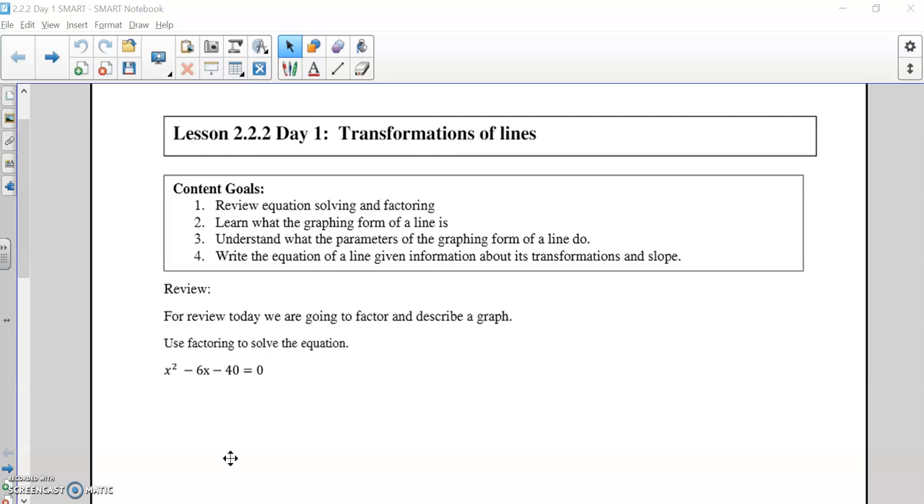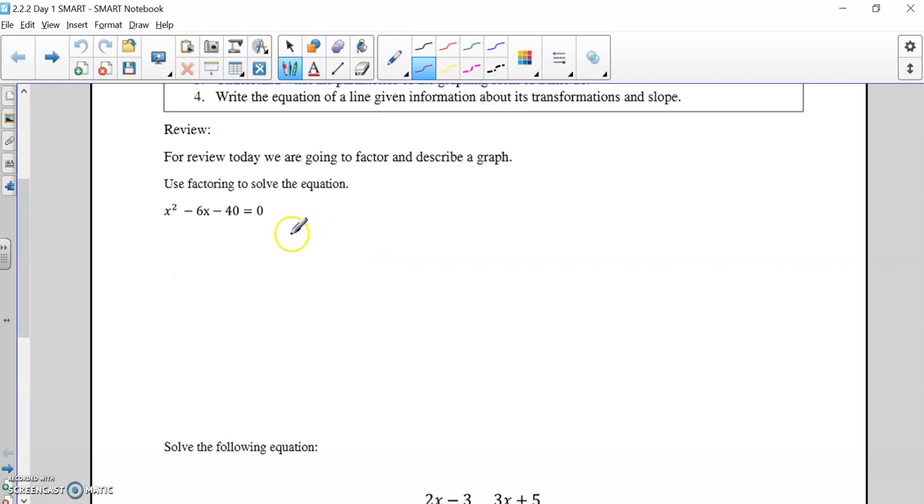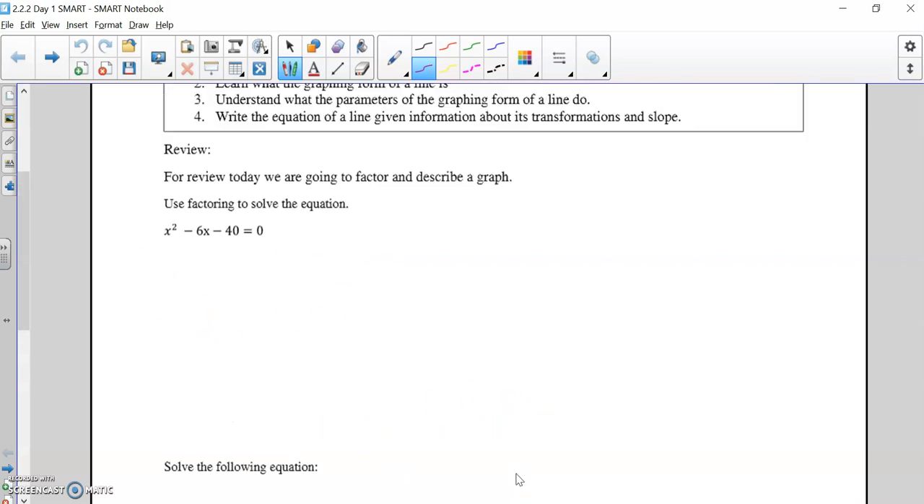Today we're going to talk about transformations of lines. So basically we've talked about transformations of every other graph, and now we are down to the most basic one, which is just the straight line. Before we get to that, we're going to do a little bit of review just to make sure that you guys don't forget how to do some of this older stuff, which is solving by factoring and also solving by cross multiplying. So for this first problem, if we are to solve by factoring, the first thing you want to do is